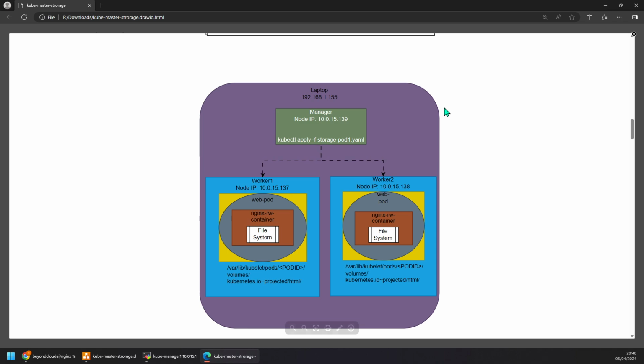Now this is my laptop, which has this IP address over here. Just consider this as some random IP address. And then this is basically my first node, which is a manager node, where I'll be controlling both worker 1 and worker 2, and it is 139 and 137, 138. I won't be repeating this IP address from the next video onwards, because we will be directly jumping into the